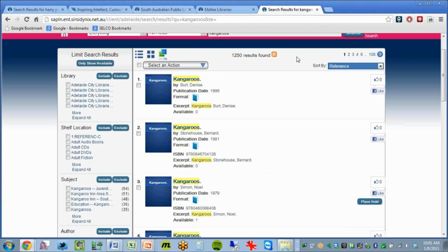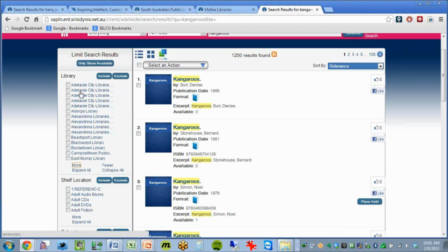Am I seeing that there's a facet to search by branch or library? Is that the top one there? Yes. So you could potentially, so instead of Aqua Browser where you can only, if you want to select a library, you can only select one. Here you can select multiple. Correct. And that does imply that this is searching the